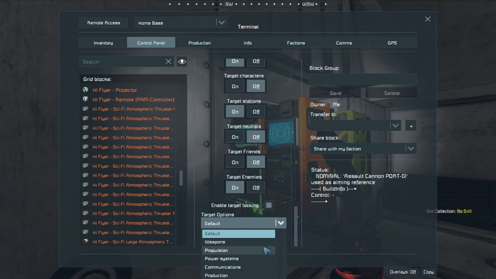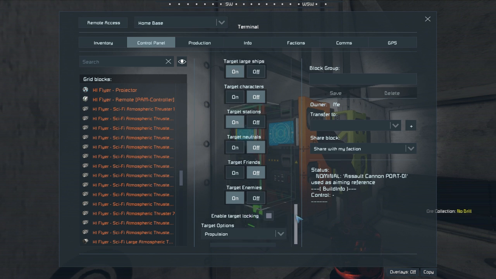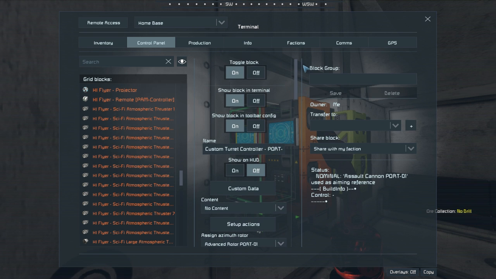Here's the question. Do we go, we're going to go propulsion systems. And that should do it. Now, we'll be able to control this from any of the seats up there. We'll do it from the control tower so we can get a look, but let's go ahead and do